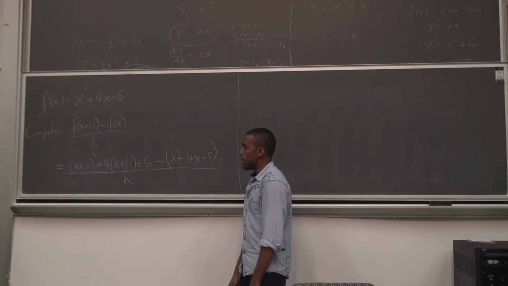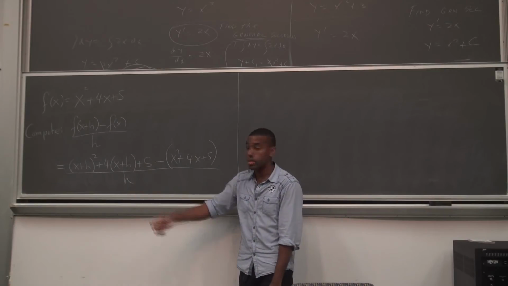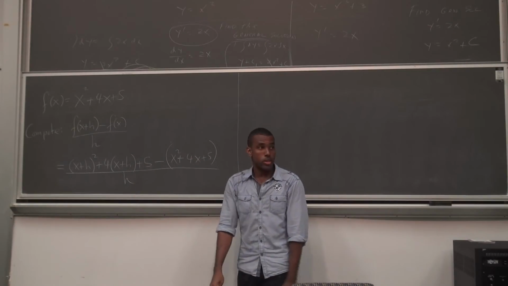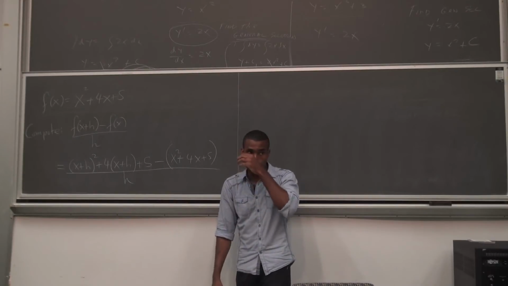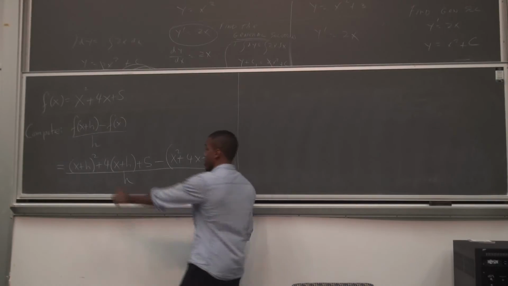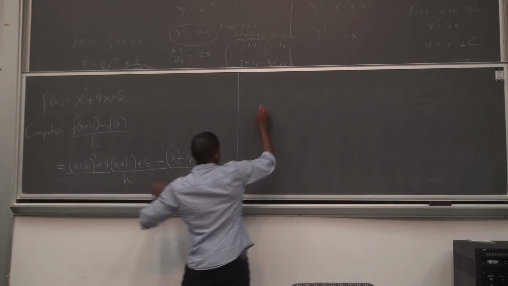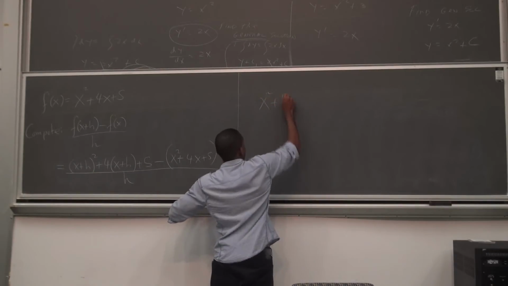Right. So remember, when you hear simplify, what's the first thing you're going to think of? Factoring out a common term to try to cancel. There is no common term to everything, right? So now what do we do? Well, what can we do? Start expanding stuff. Hopefully something will cancel when we expand. So here we have this x plus h that we're going to expand, right? So that's just x squared plus h squared, right?